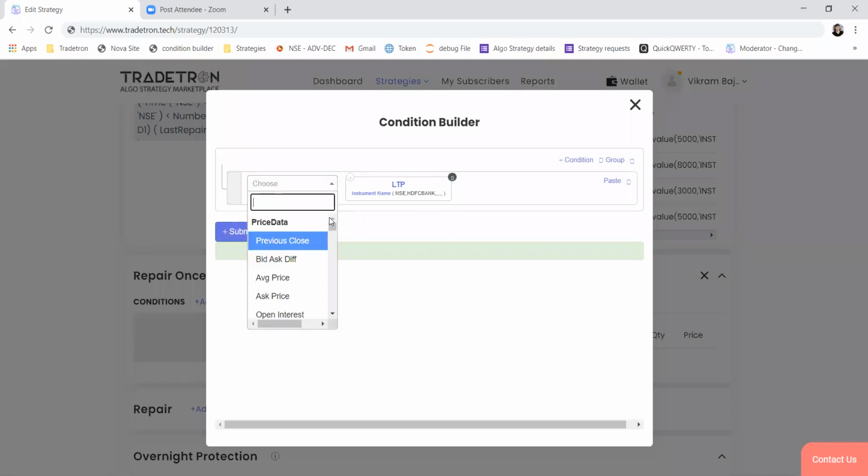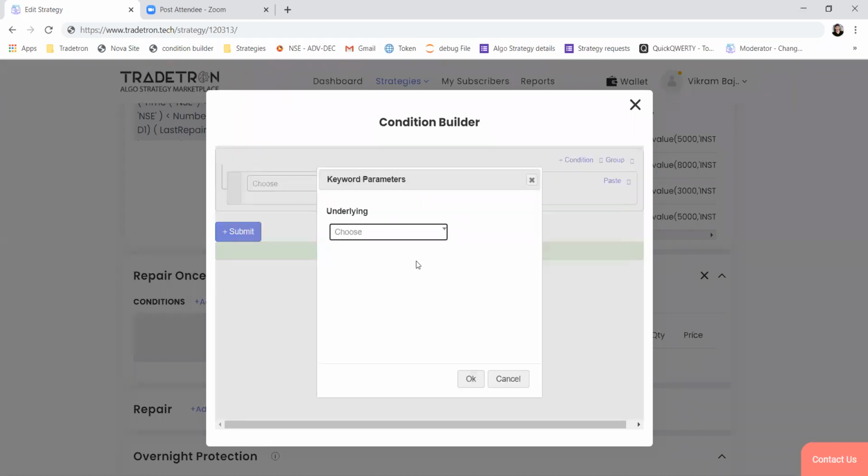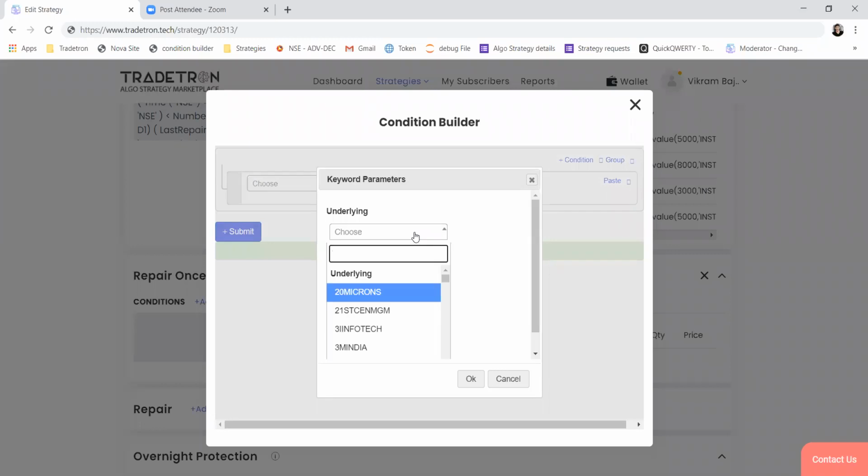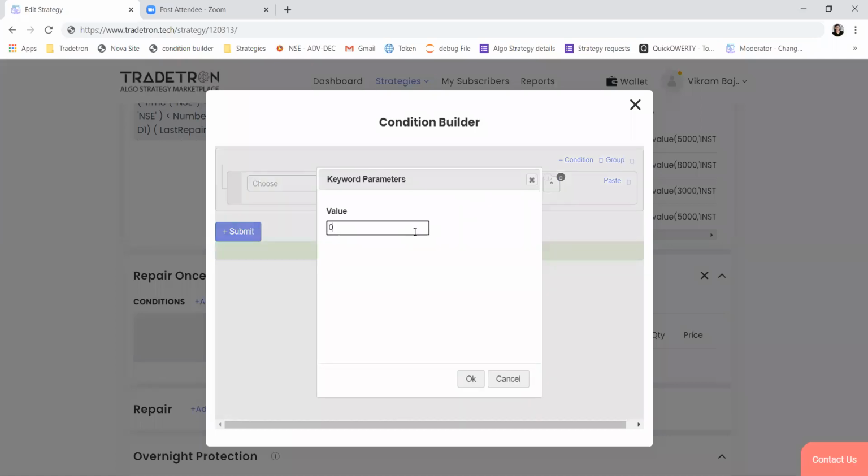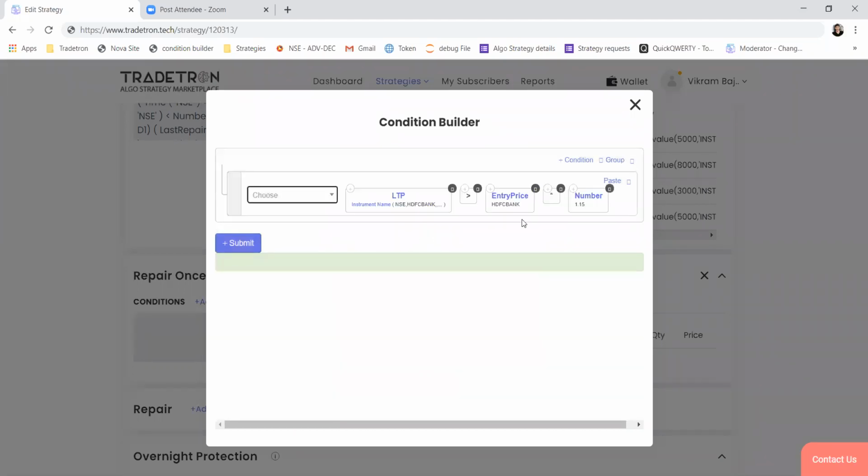So if LTP of HDFC Bank is greater than entry price of same, multiplied by whatever percentage target profit you want to put, say 1.05, or let's say 15% is my target profit.